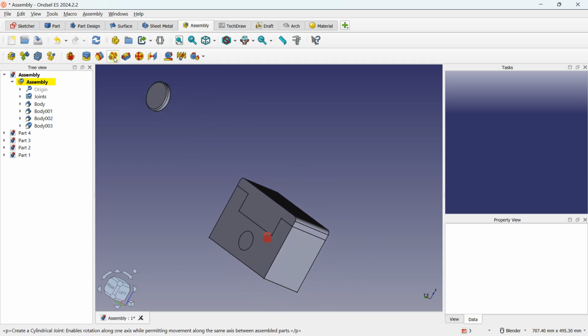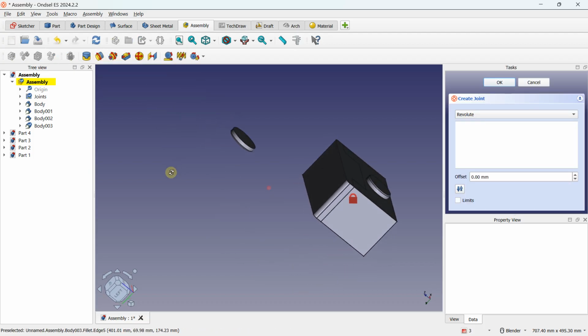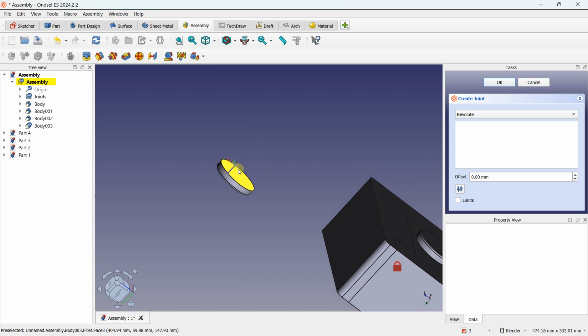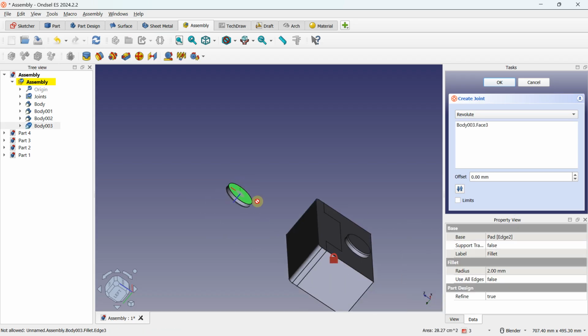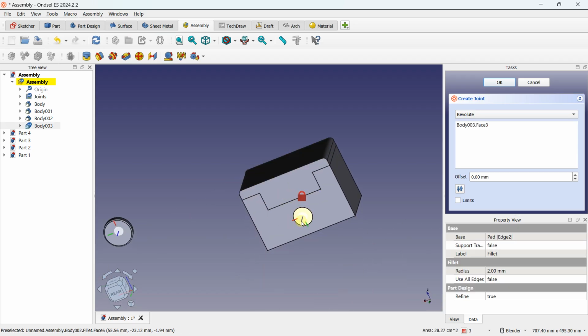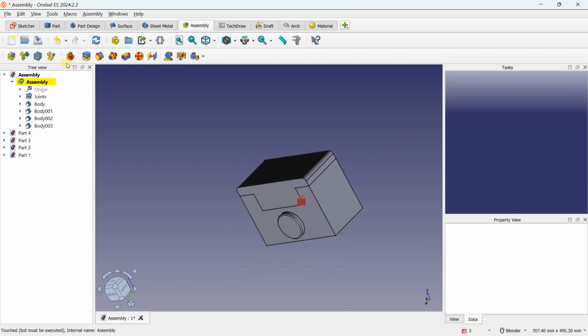Something that you can do also is to directly select the joint that you want. And after selecting the joint that you want, you can, for example, here, I can define a base. It can be this face, just like this. And after I can link to this face, just like this. And as you can see, it's pretty good. It's pretty fast. It's pretty convenient. And it was working well.